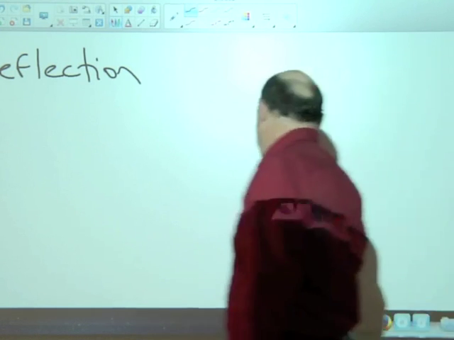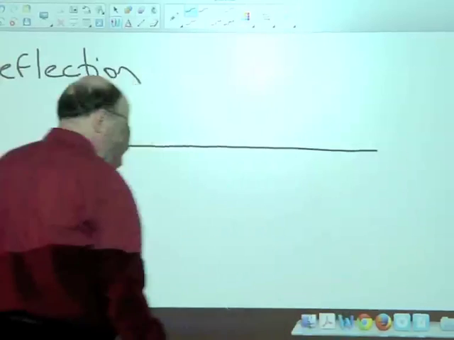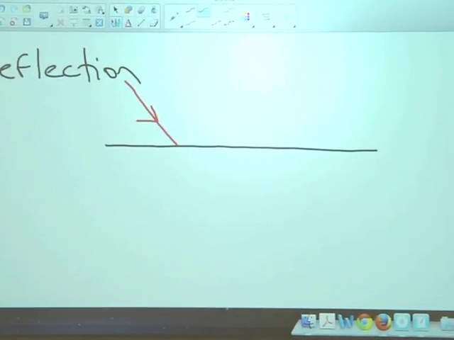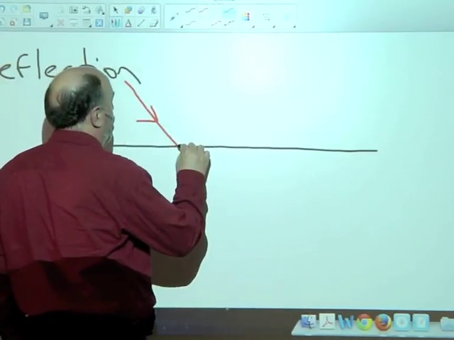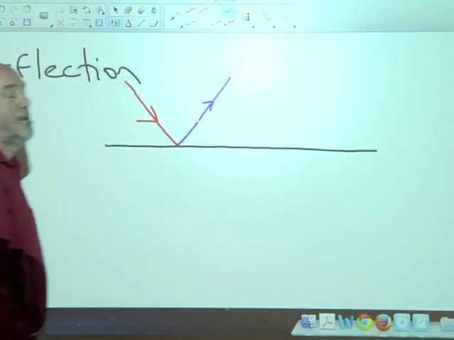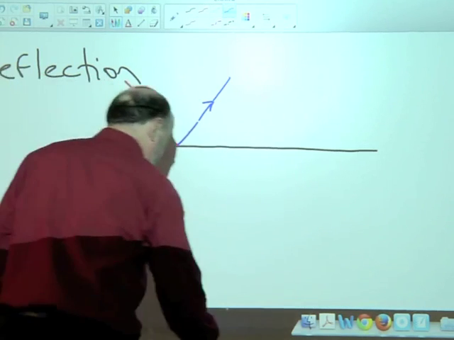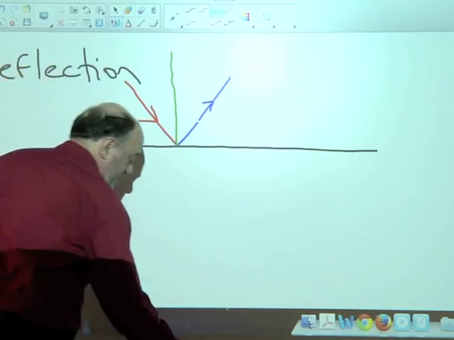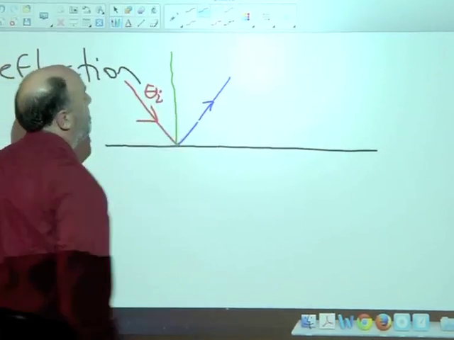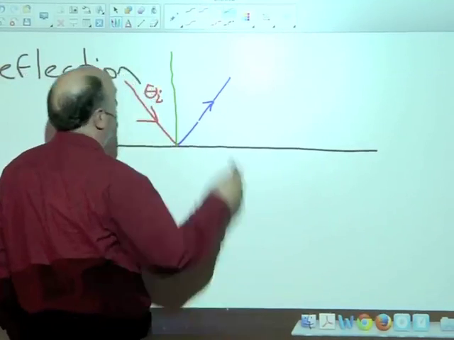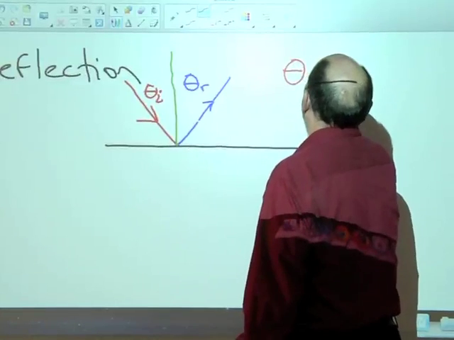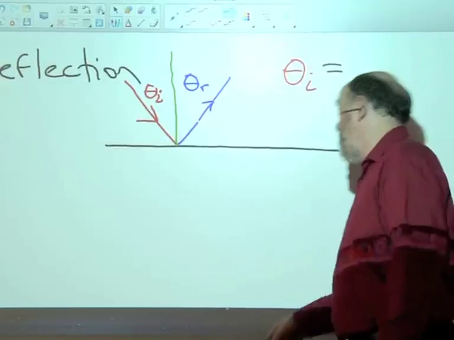Reflection. Okay? So really in terms of reflection and what happens, let's say here's my surface. I have a wave, whatever it is, if it's light, if it's sound, either one, it's the same way. The wave is going to hit the surface, and then it's going to bounce off. It reflects, right? And what happens then, you've got the incident angle, theta I, and then I get the reflected angle, and in reflection whatever angle it comes in at is going to equal the angle